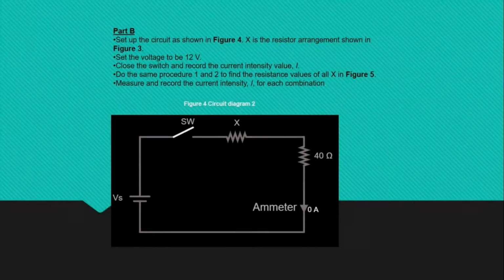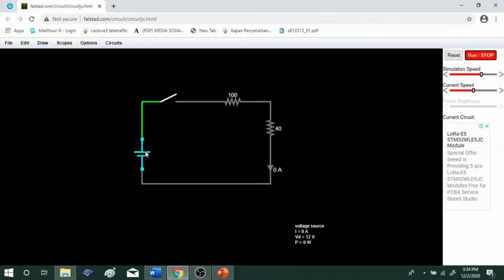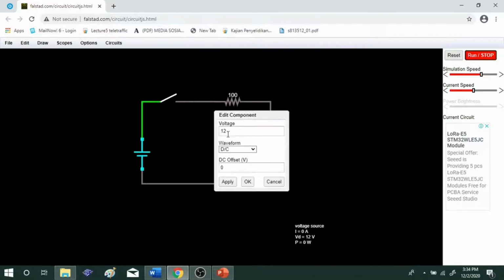We continue with procedure part B. Firstly, you need to go to the website that's given in the lab. At the website, you need to set up the circuit as shown in figure 4, and X is a resistor as shown in figure 3. After you have drawn the circuit, set the voltage to 12